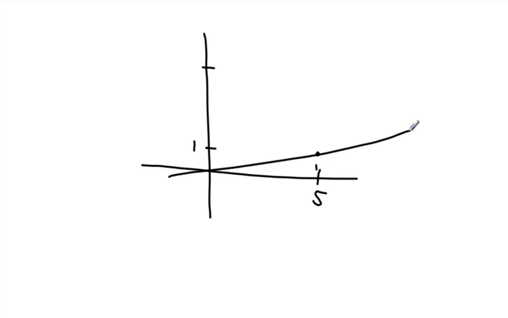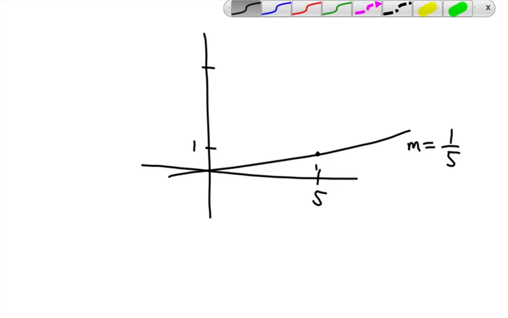1 over 5. Okay, gradient equals 1 over 5 because we've got a 1 over 5. Now, a line which is perpendicular to that, which is obviously at right angles, will go there. That's at right angles, near enough. And I'm suggesting to you, without proving it, that